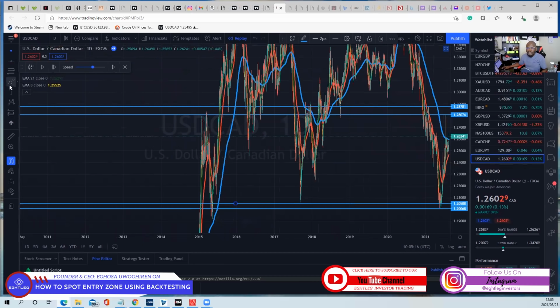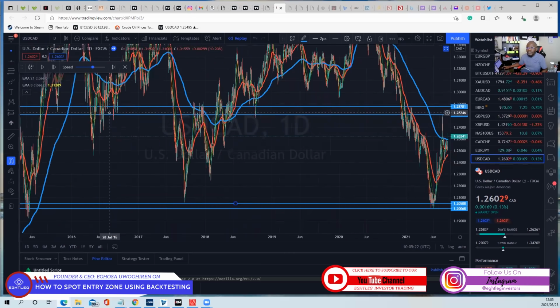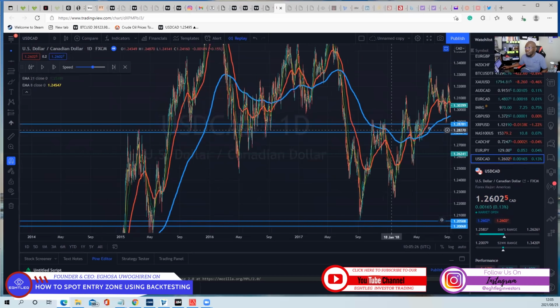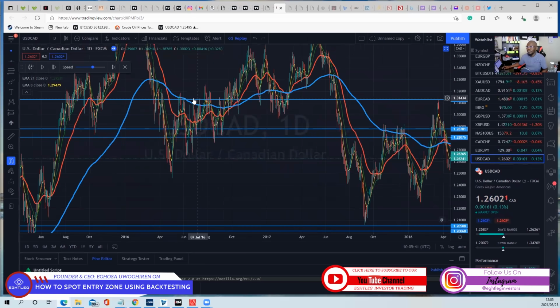The last time we saw here at this level, we actually saw a breakout from this level. And the last time we saw here, we saw a breakout at this level. So now this level is very, very important for me, because we are seeing rejection at